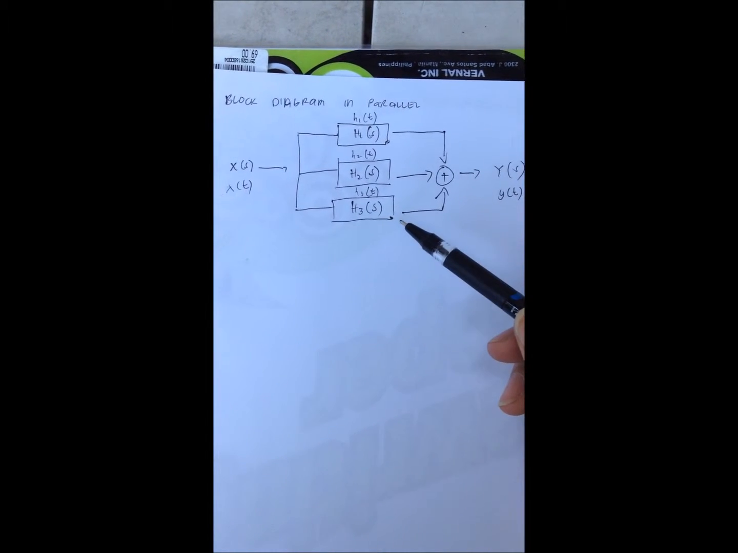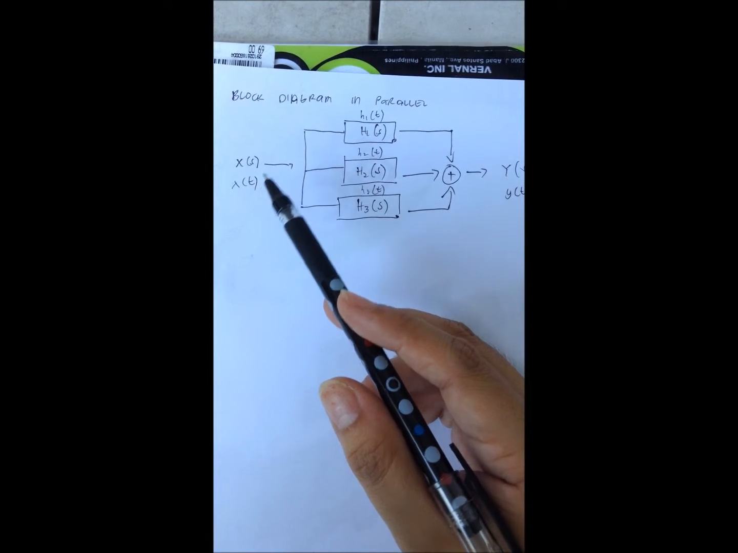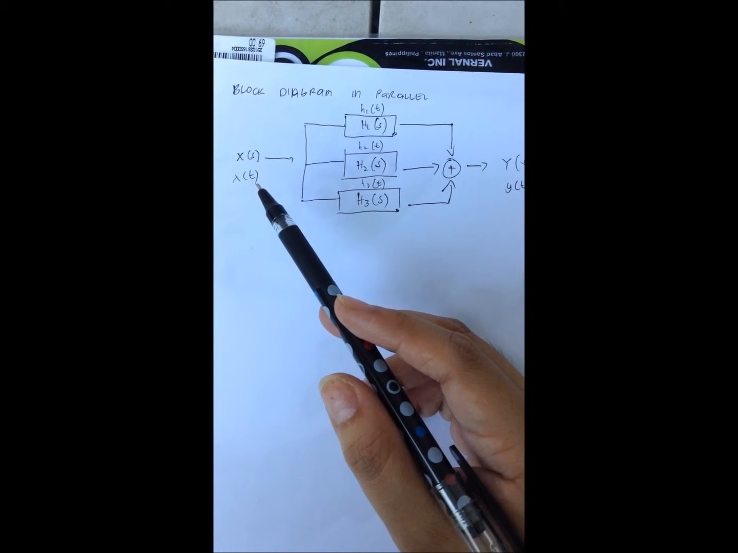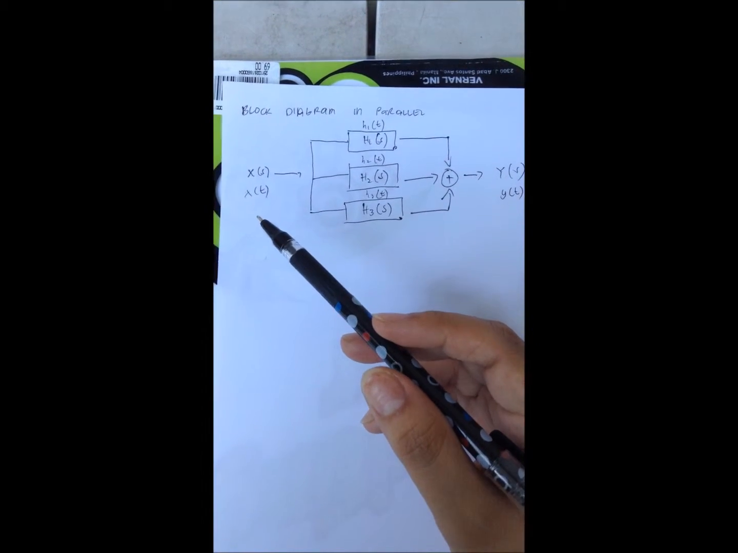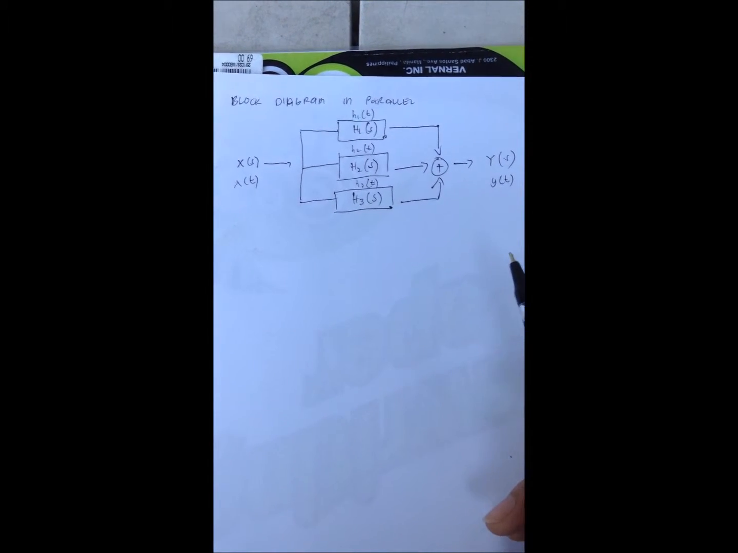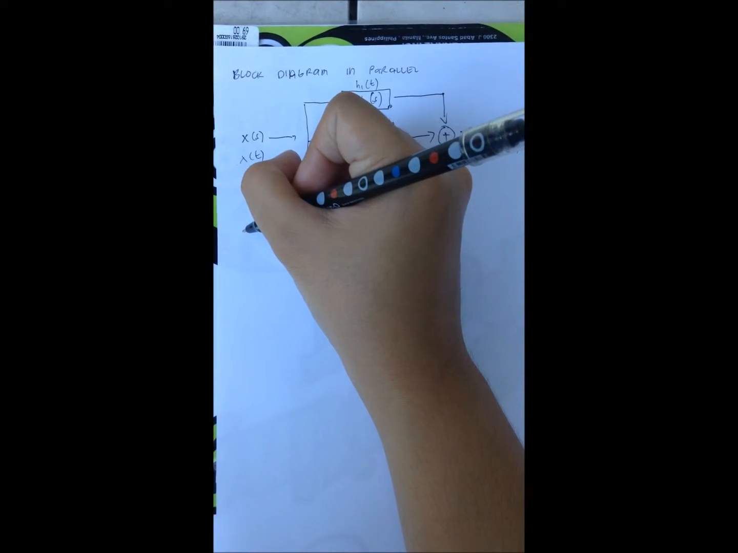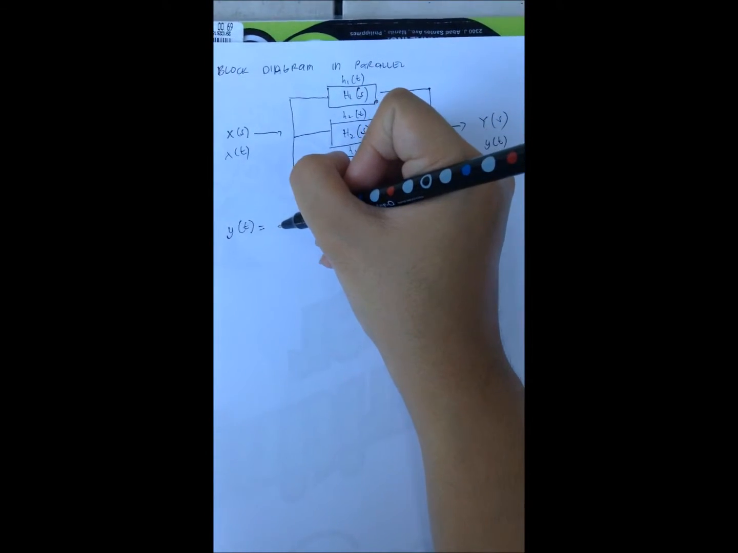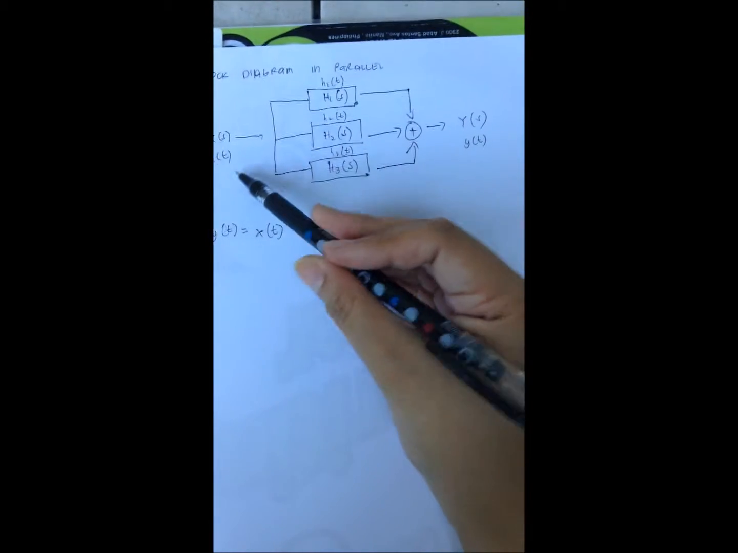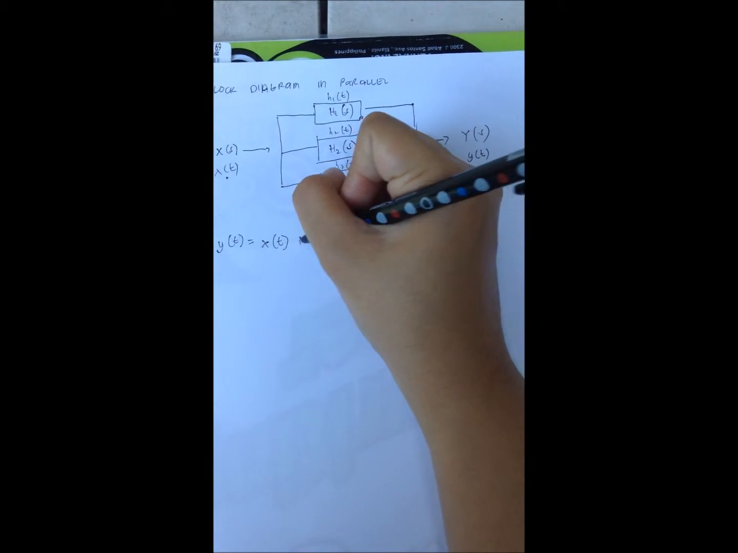Okay, so we have here an example of block diagram which is in parallel form. We have the x of s, frequency domain, and x of t, or the time domain. So remember that when we solve a block diagram in x of t or in time domain, we will use the operation of convolution, while in frequency domain, the x of s or the y of s, we will use multiplication operation. So let's try to solve first the y of t. So y of t is equal to x of t convolution